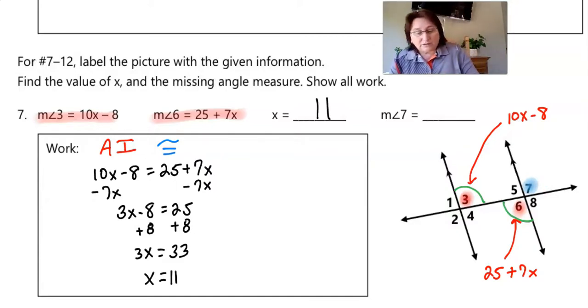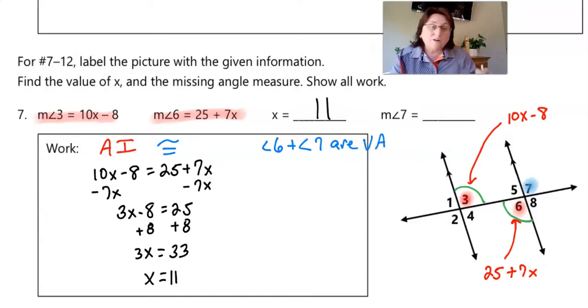Oh, okay, so let's think about this, okay? If angle 6 and angle 7 are vertical angles, then what's true about their relationship? Yeah, it doesn't matter. They're going to be congruent, aren't they? It doesn't matter if we have parallel lines or not. Vertical angles are always, always, always congruent. So we need to figure out what is the measurement of angle 6 in order to find the measurement of